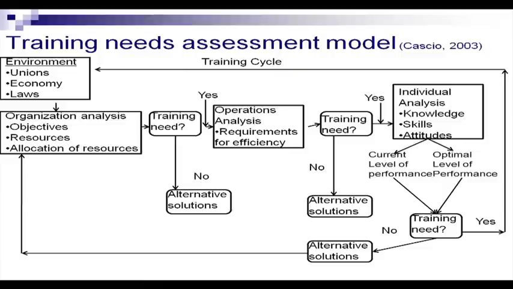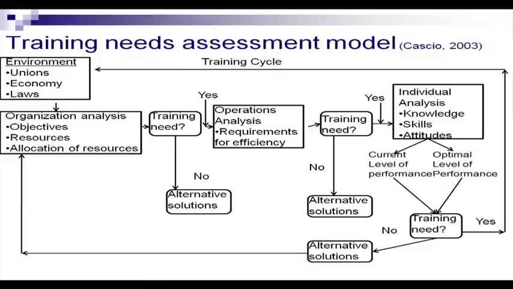So the requirements of the environment and the analysis of the current objectives of the organization in light of the changing socio-political, socio-legal or economic environment, these objectives need to be revisited. A stock needs to be taken of the current resources, and the resources may need to be allocated or reassigned, and that results in a training need. And if the training need is found to be there at that time, then